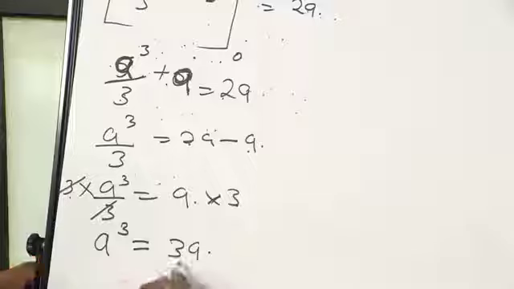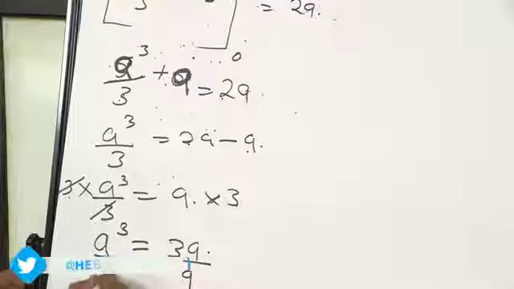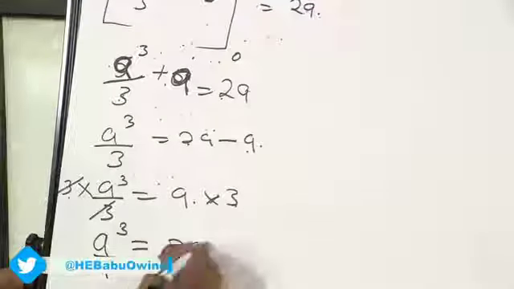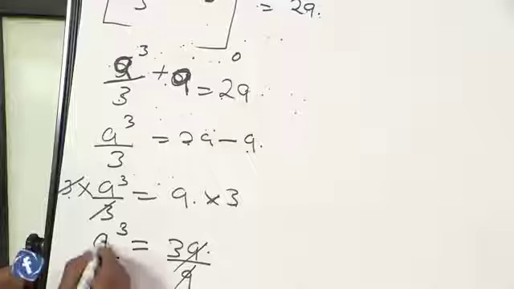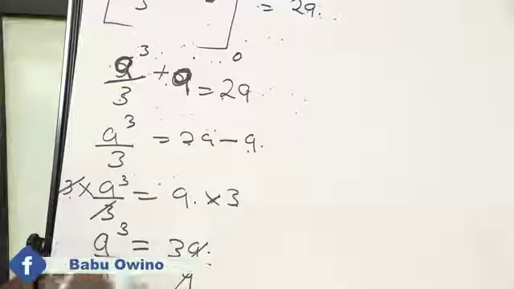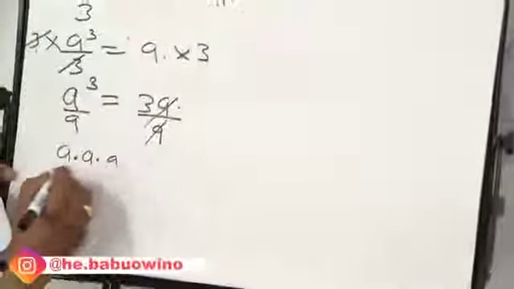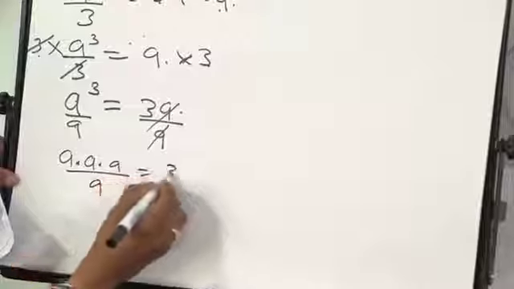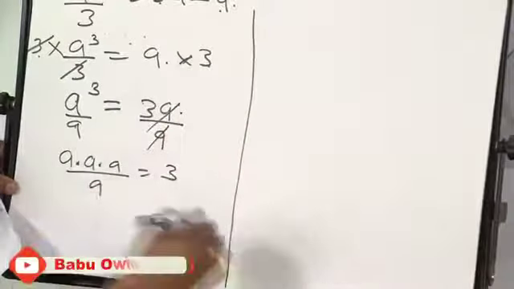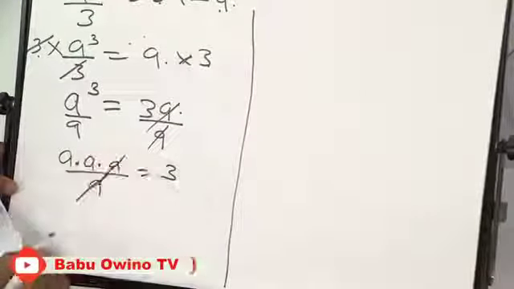Then we can further simplify by dividing by a because a is common. So a and a go. If a raised to power 3 is like saying a times a times a, when I put a dot it means times, a times a times a, divided by a equals 3. So from here, a can cancel one a. Then you remain with